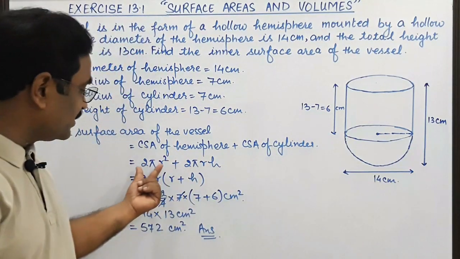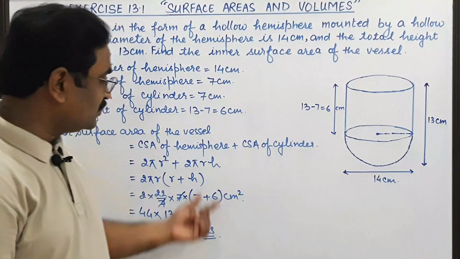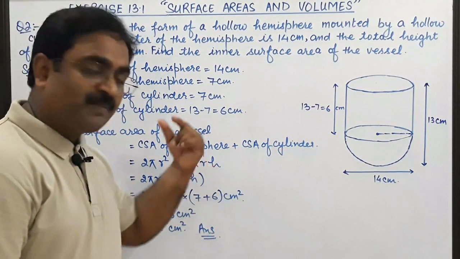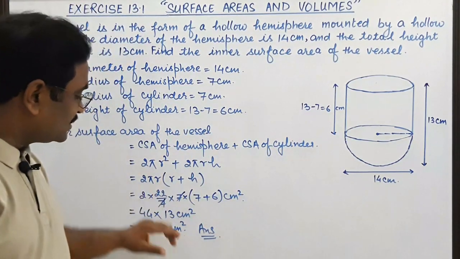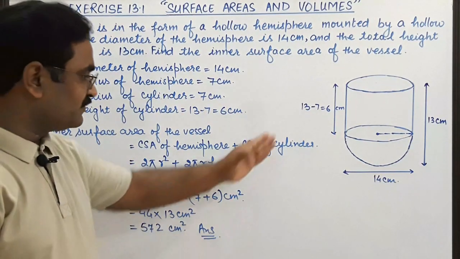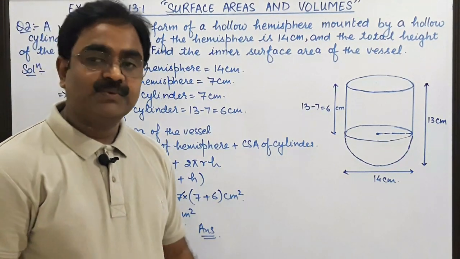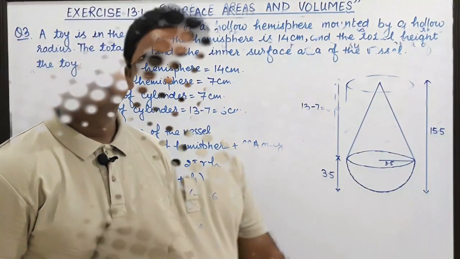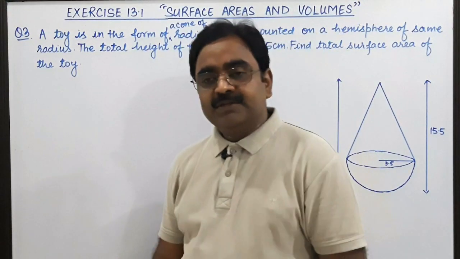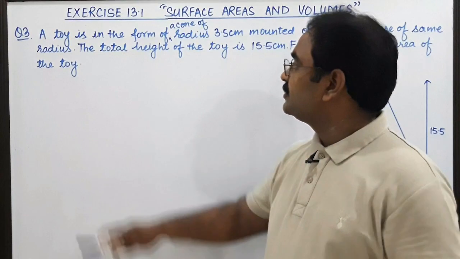So the curved surface area of hemisphere is 2 pi r square, plus the curved surface area of cylinder is 2 pi r h. After substituting the values, we got the inner surface area of this vessel, which is 572 centimeter square, right? Okay dear friends, so let us see the third sum,